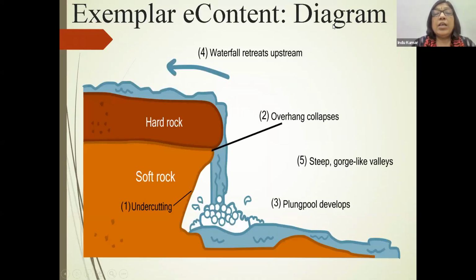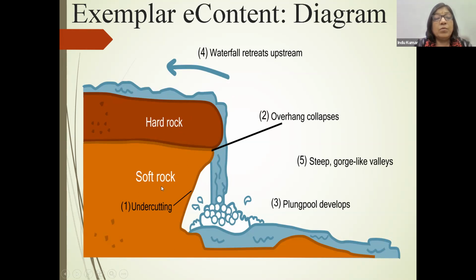This is an example of a diagram which shows the concept of waterfall formation. There are a lot of animations available to explain this concept, but I have chosen to show you a diagram. Here you can see on the top hard rock, and over the top of the hard rock water is flowing.